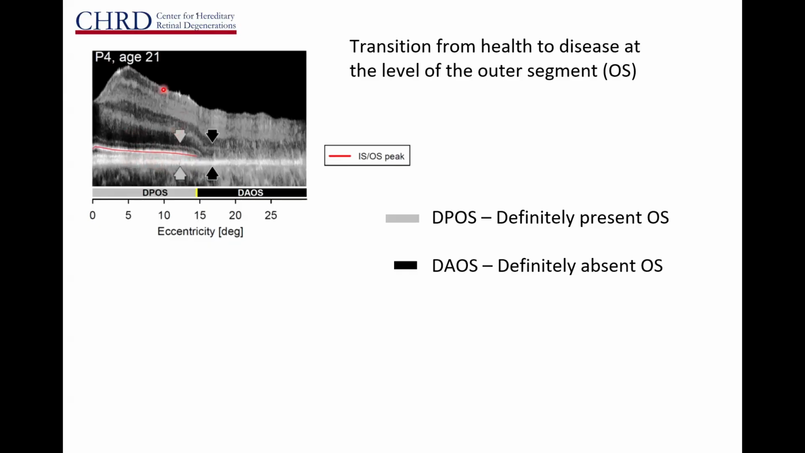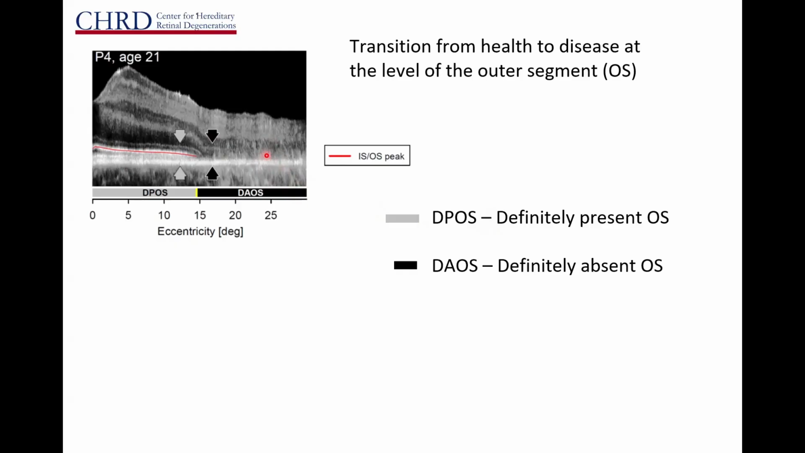We can see in this example of an RP patient, from the fovea going out to about 30 degrees in the periphery, there is a central region of well-laminated retina that is very healthy. There are lots of outer segments, and it quickly changes to an area of great disease with very few, if any, photoreceptors and certainly no outer segments. We are calling these two regions definitely present outer segment versus definitely absent outer segment, borrowing the concept from autofluorescence,